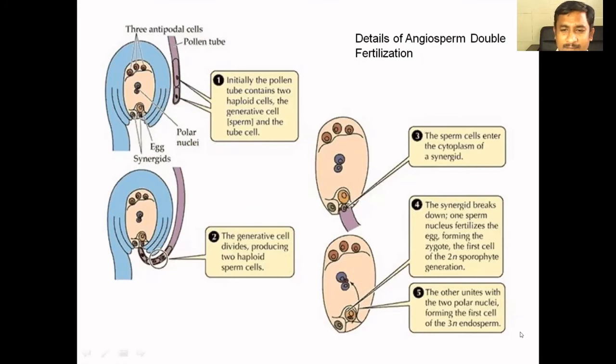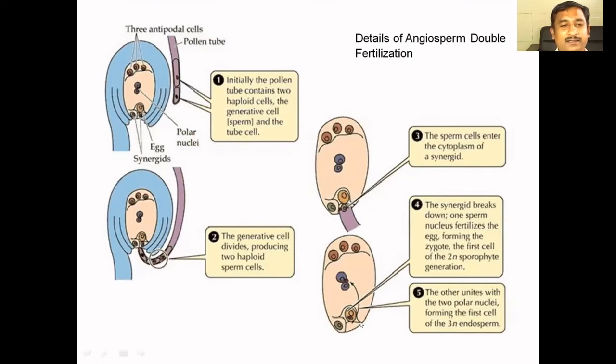Sir, when foreign pollen grains fertilize, what happens in that condition? How do they enter the synergids? There is a complex mechanism. There are enzymes and proteins which recognize, and those proteins break down the cell wall of the synergids. That is the recognition process. It is a kind of lock and password: it allows only those who have the password.